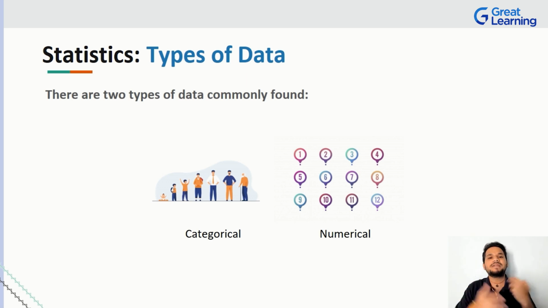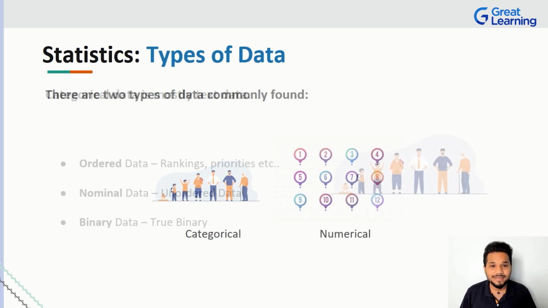So of course, to simplify how we attack the concept of data itself, data is generally divided into two types. We have categorical data and we have numerical data. Now, if you're keenly observing your screen, you can look at the images there, which describe what the types of data are, and you can take a quick guess about what it means, right? Numerical basically talks about data which has numbers associated with it. Categorical data talks about how you can work with the data in a structured and seamless manner, right?